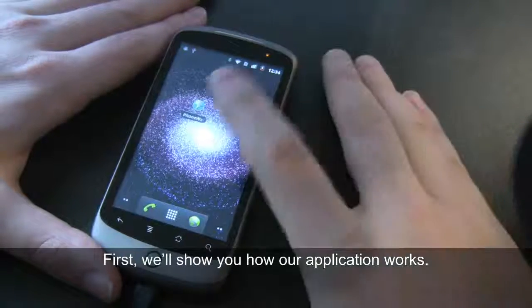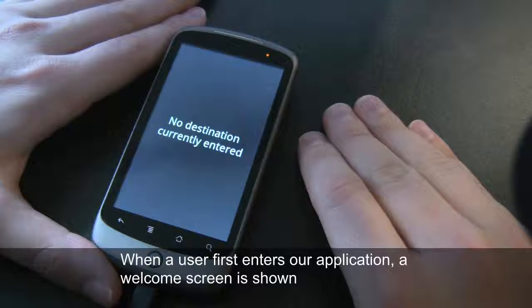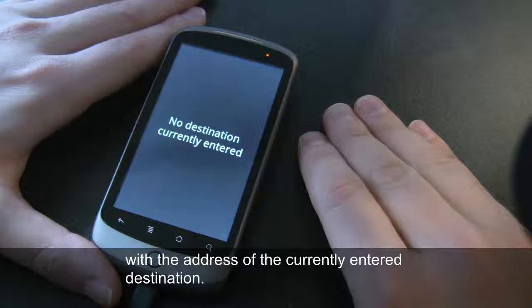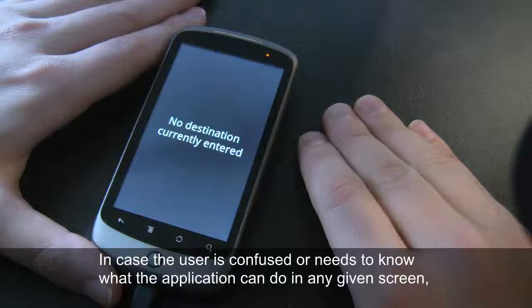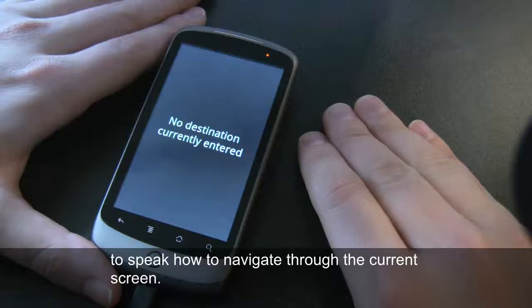First, we'll show you how our application works. Welcome to the Phone Wand application. When a user enters our application, a welcome screen is shown with the address of the currently entered destination. In case the user is confused or needs to know what the application can do in any given screen, pressing the screen in one spot for a few seconds will prompt the application to speak how to navigate through the